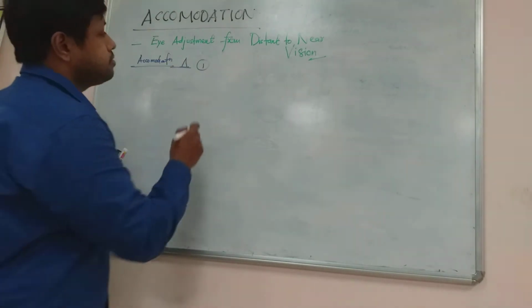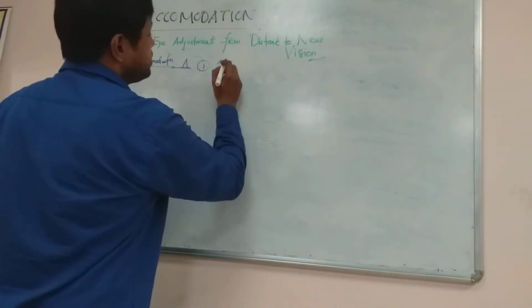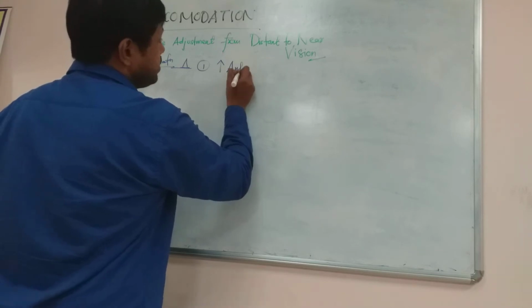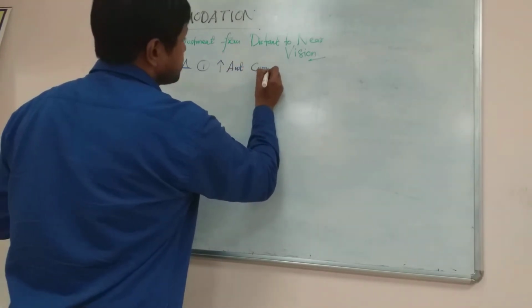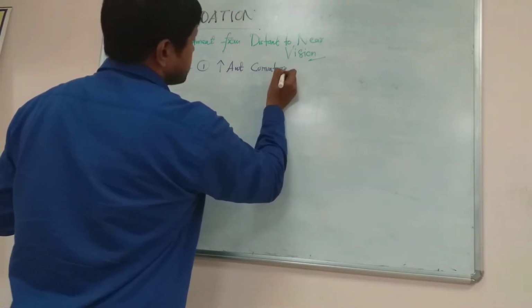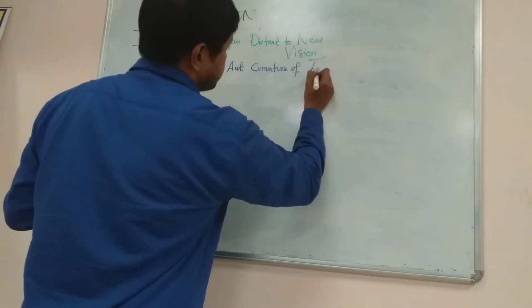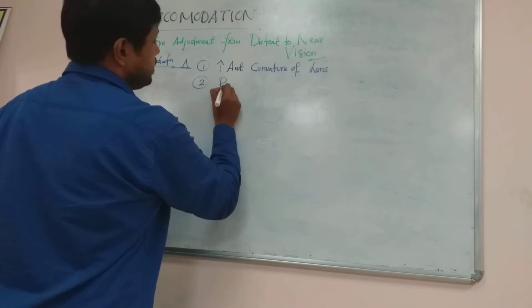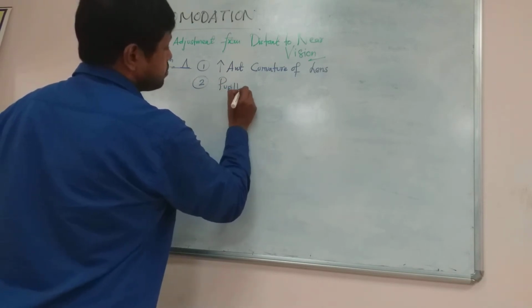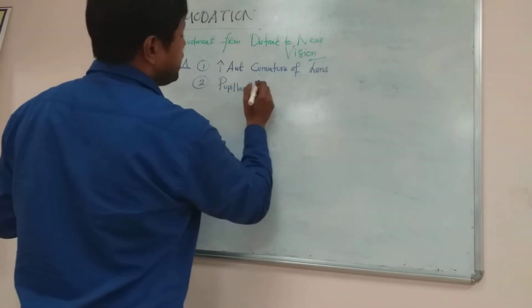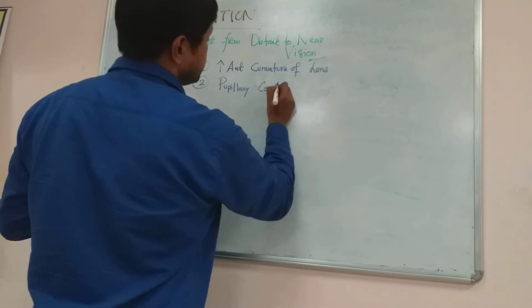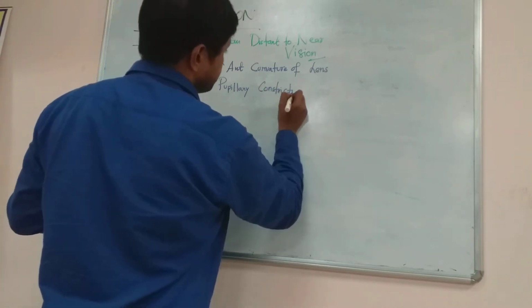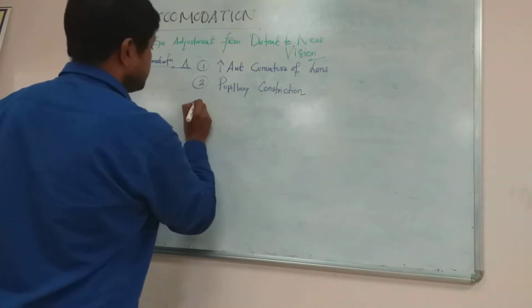Number 1 is increase in the anterior curvature of lens. Then pupillary constriction. And number 3,